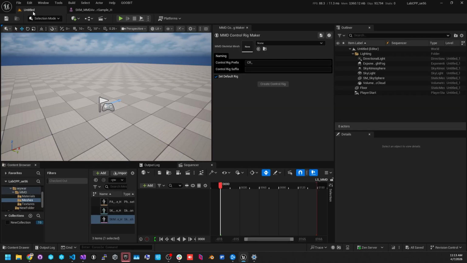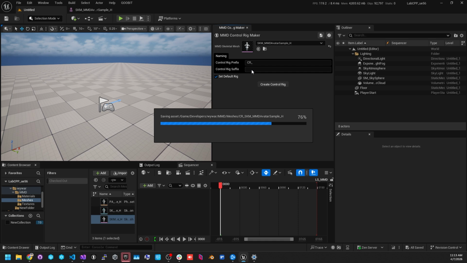So coming back to here, we're just going to load this into the slot, and we're going to click create control rig. We're going to leave everything default here, so it's going to have the prefix of CR underscore for the control rig naming, and it's also going to set the default rig on the skeleton mesh here as well. So we're going to create control rig,